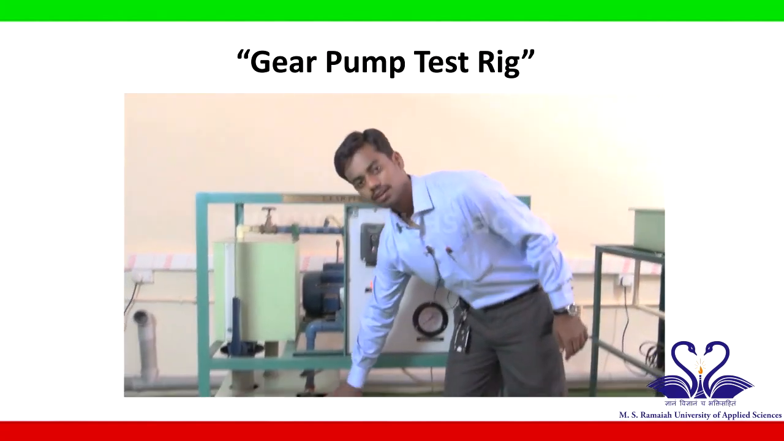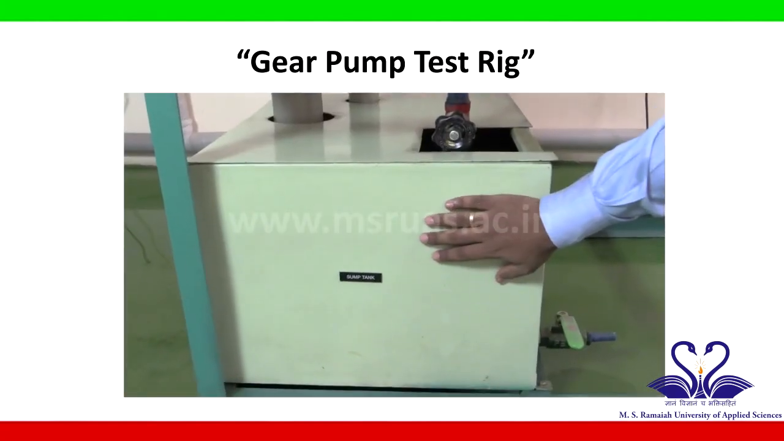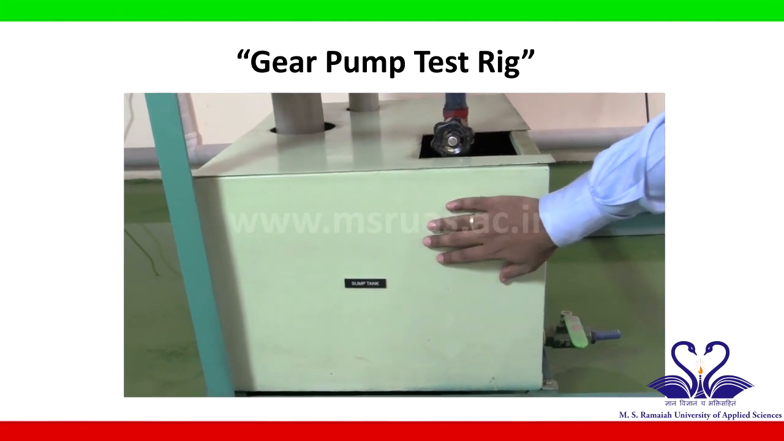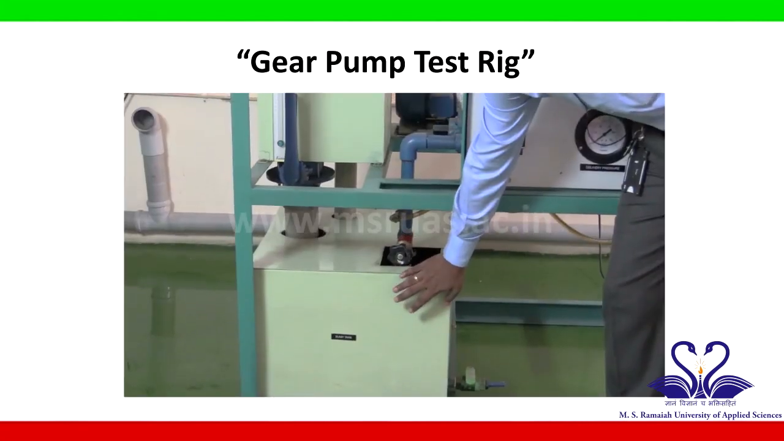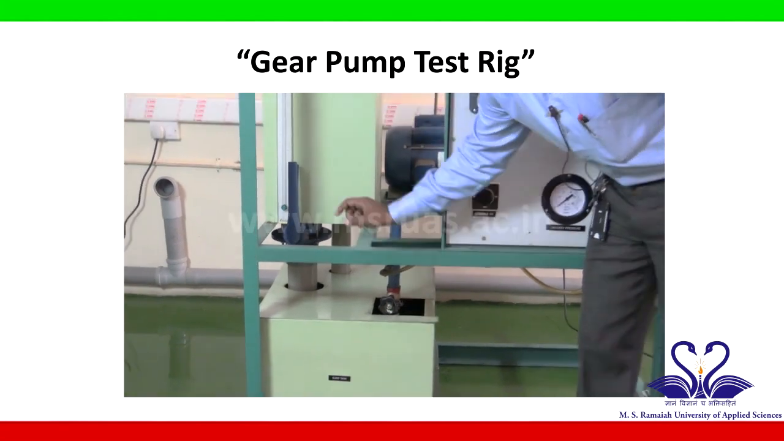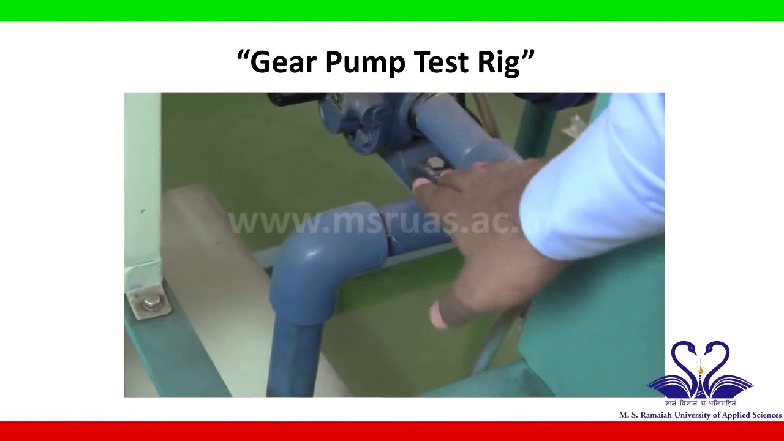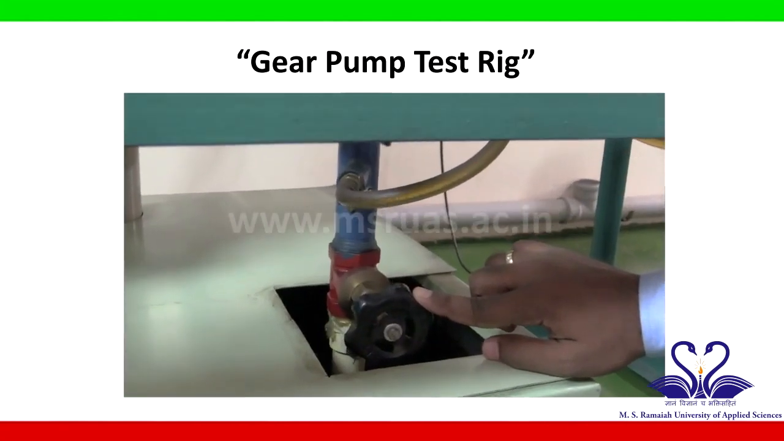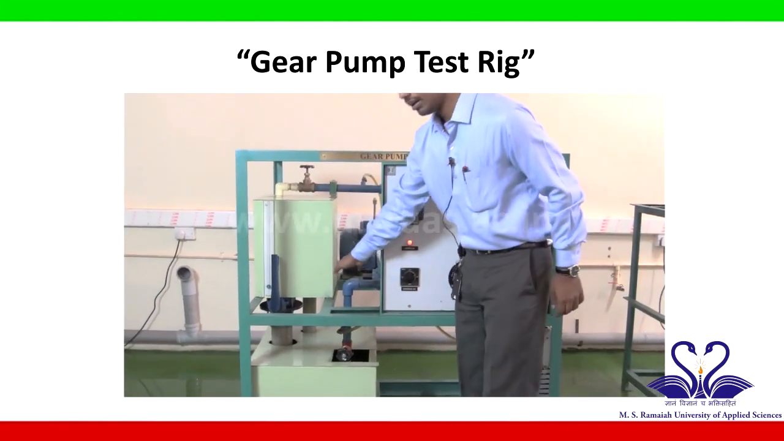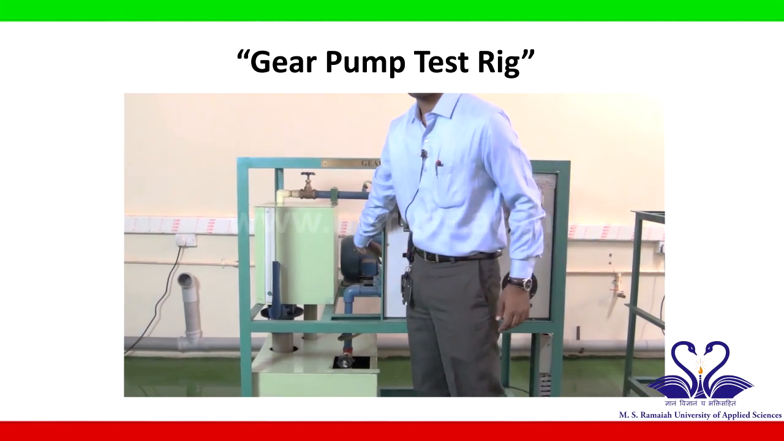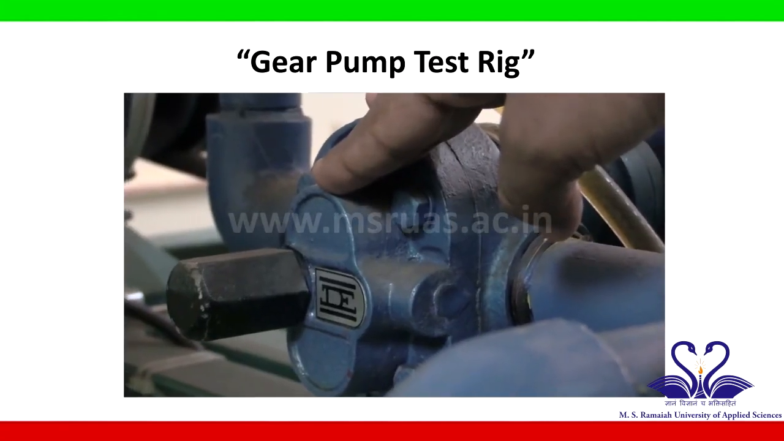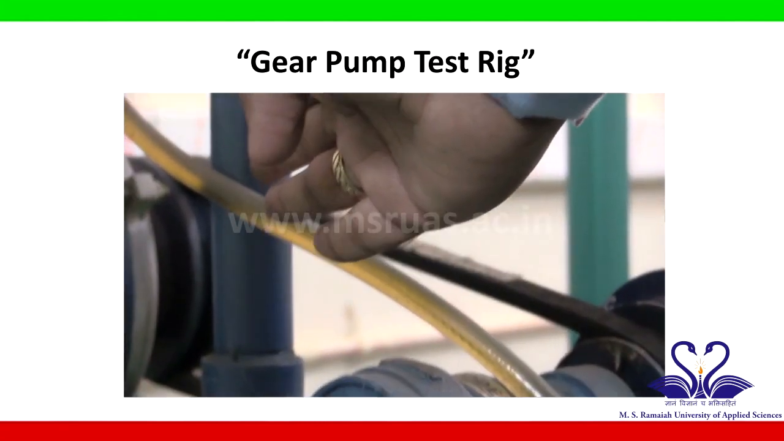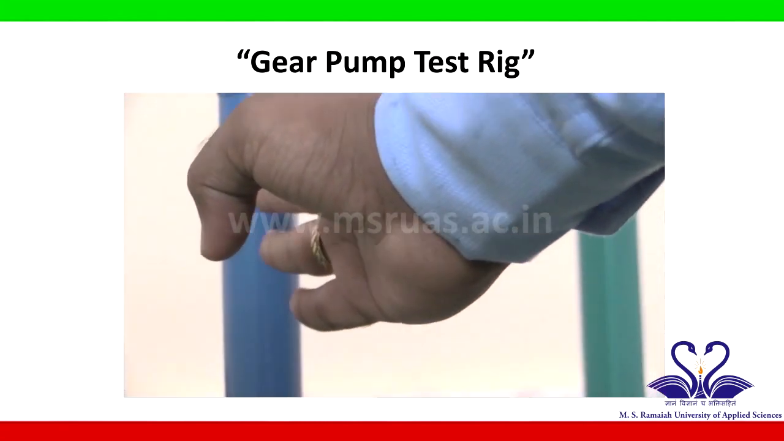The setup consists of a storage tank where SAE20W40 engine oil is being stored. From the storage tank, there is a suction line that is fitted along with a suction valve. From the suction line, it enters the gear pump, which is situated over here. From the gear pump, the high pressure fluid is coming out through the discharge line,